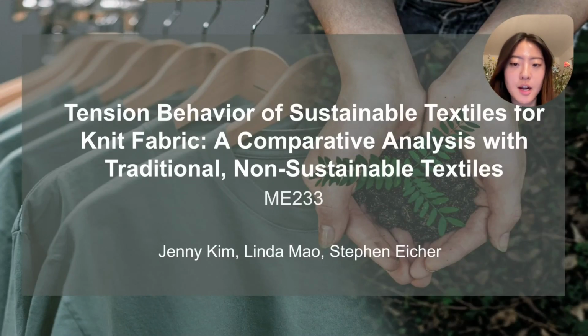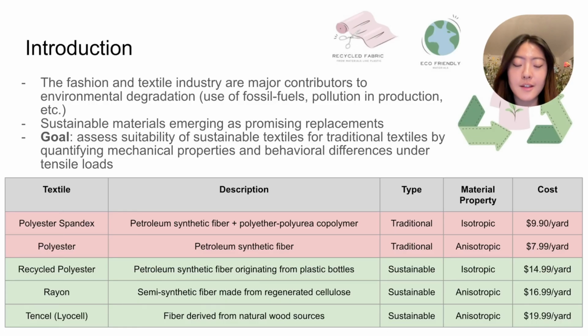And today we are going to talk about the tension behavior of sustainable textiles for knit fabrics and doing a comparative analysis with traditional non-sustainable textiles. The fashion and textile industry has played a significant role in environmental degradation. Because of this, sustainable materials have emerged as promising replacements. Our goal was to assess the suitability of these sustainable alternatives for traditional textiles by comparing their mechanical properties under